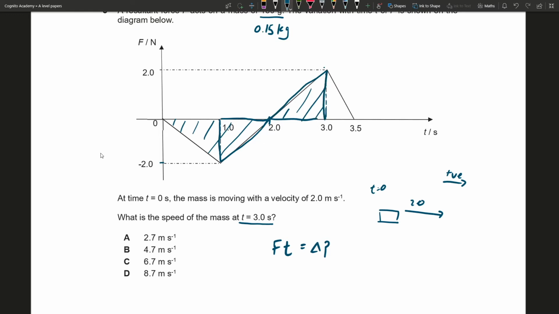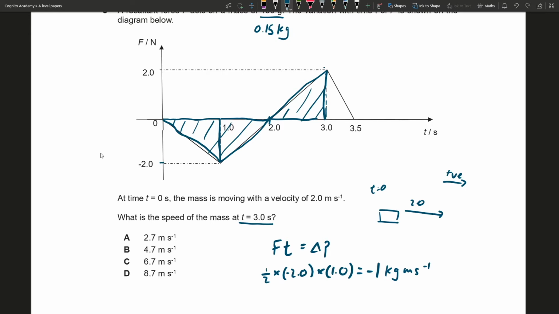So an easier way for us to calculate the area is to just take the area of this triangle right here, and this triangle is half times negative 2.0 times 1.0 seconds, and that gives us negative 1 kg meter per second if we want to put it in units. And so that is our